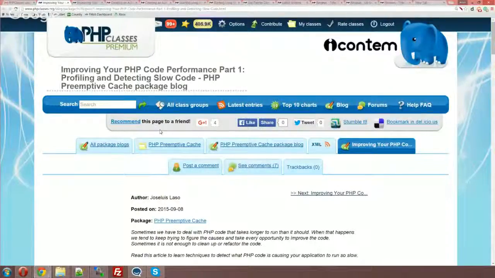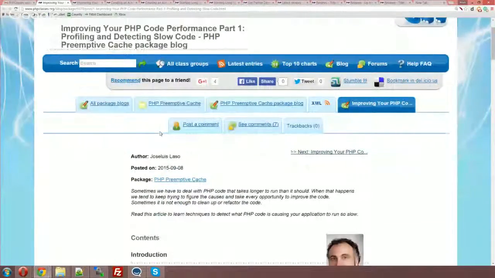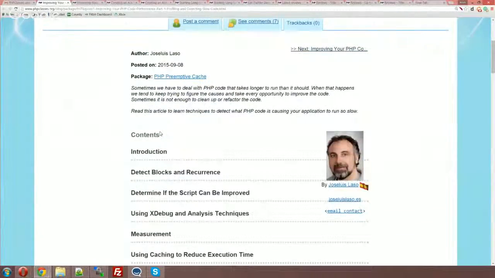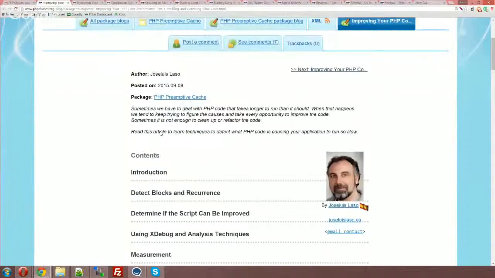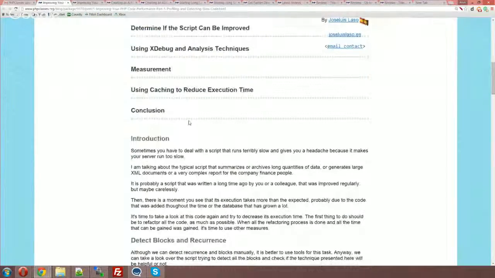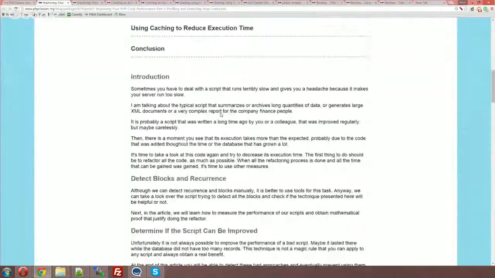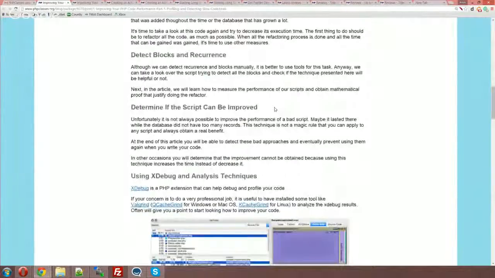Yeah. So the first tutorial article is on improving your PHP code performance. It's a two-part article, and the author is Jose Luis Lasso. I think it probably would be closer to you. You would know how to spell it properly. From Spain. And in the first article, he describes the way you could improve your PHP code and detect if